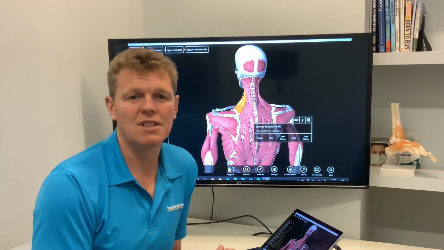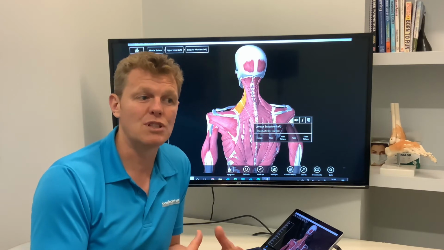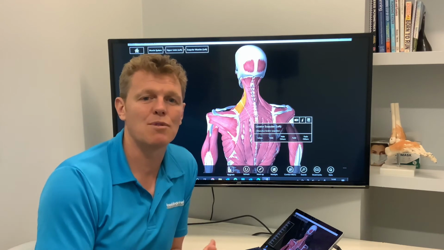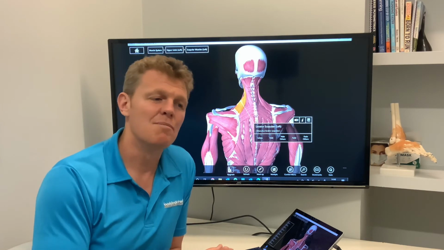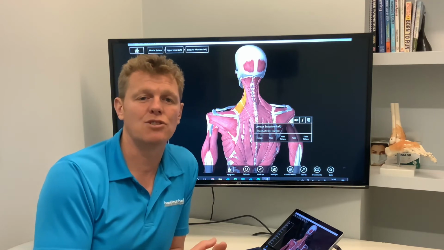Spending long periods of time sitting in front of a computer is not going to be great for neck problems, so we do need to move. We've got to try and break our day up. So it's good to get into the habit of regularly changing your position. But let's go and have a look at those 2 exercises and hopefully help you start to manage your symptoms